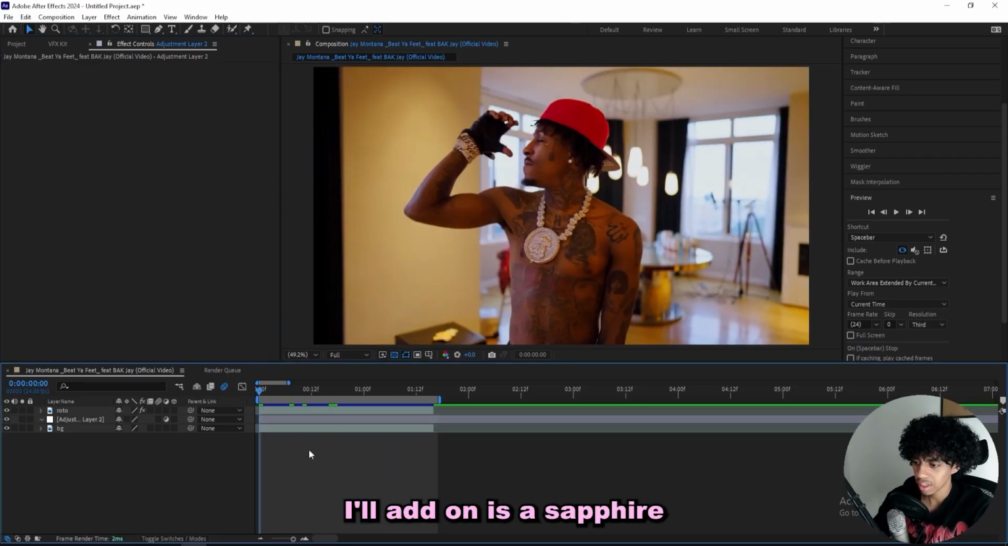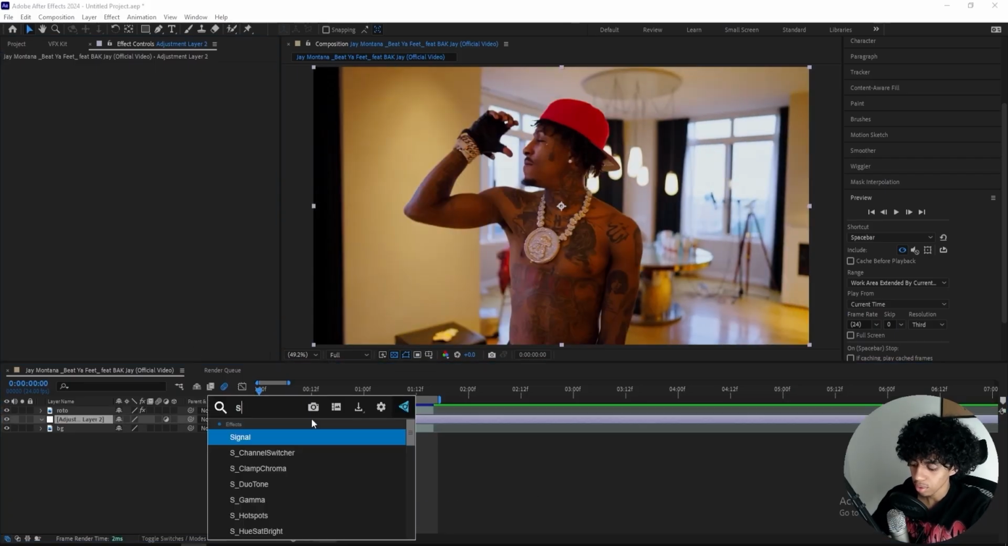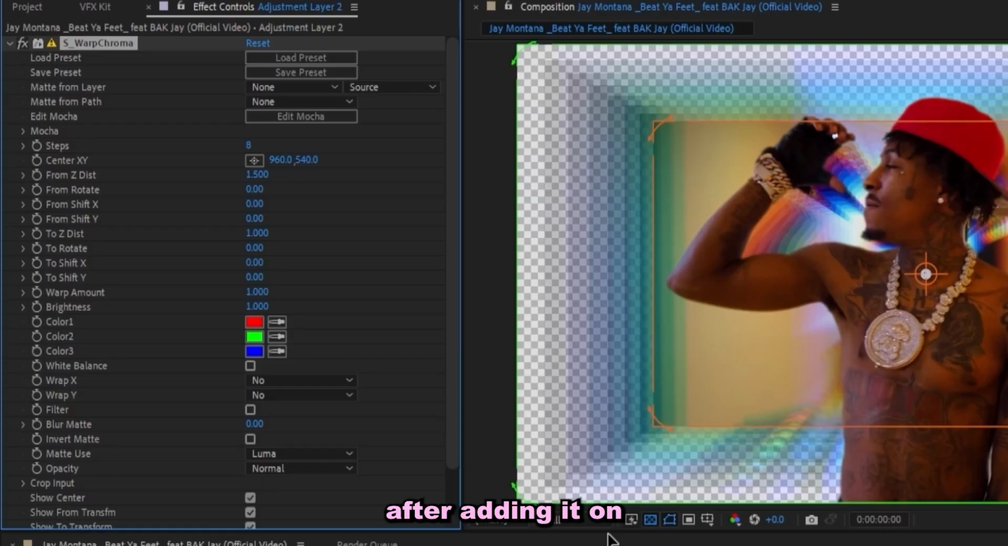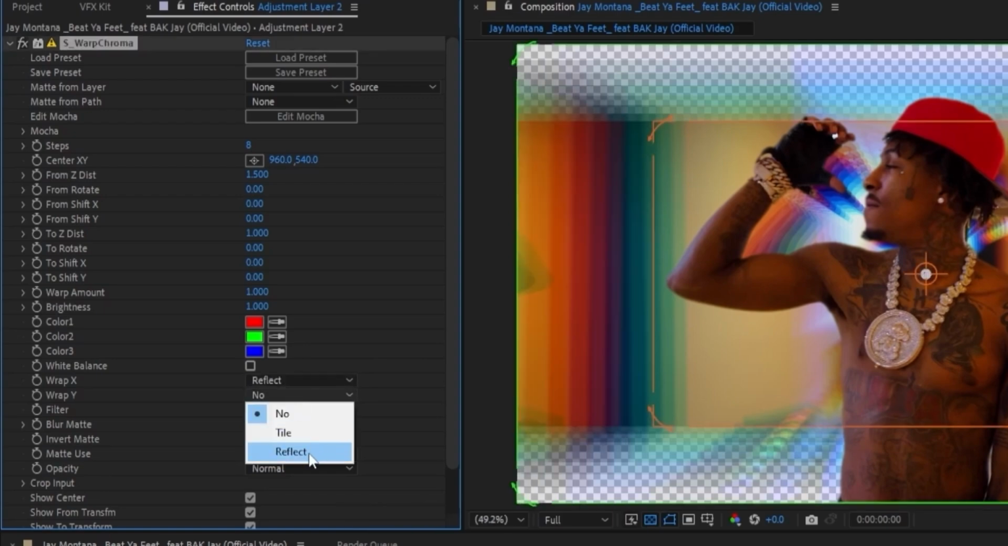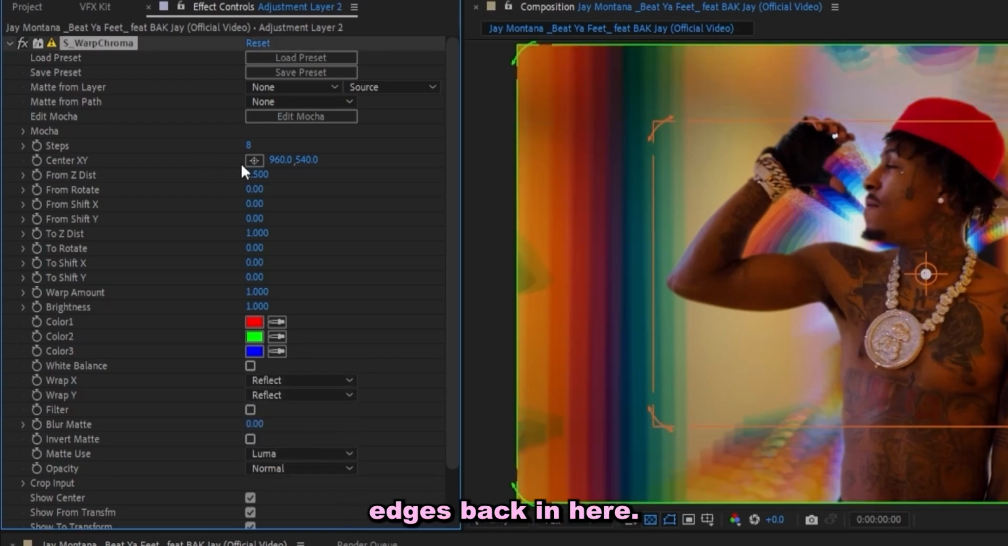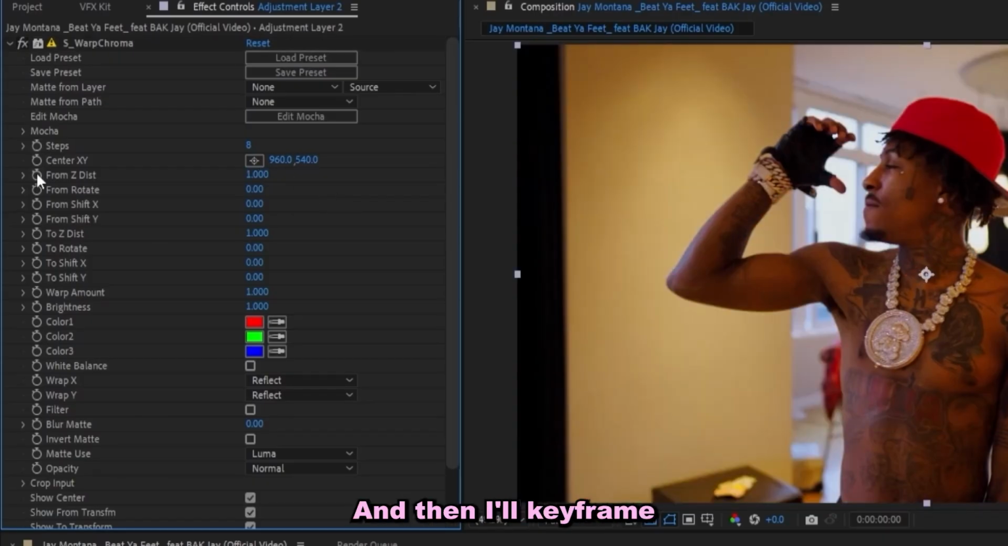Alright, so the first effect I'll add on is a Sapphire Warp Chroma, and right after adding it on, it looks basically horrible, and this is not what it's going to look like. So we just gotta change the warp X and the warp Y to reflect, and now we get these edges back in here. And then for the Z distance, I'll turn it down to 1, and then I'll keyframe the